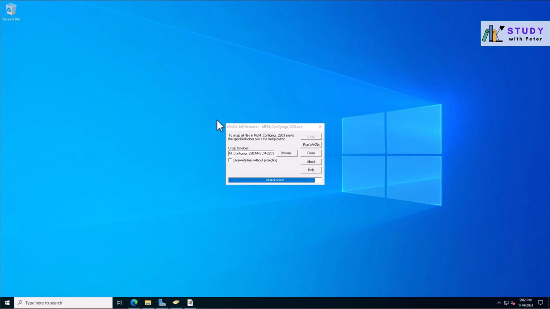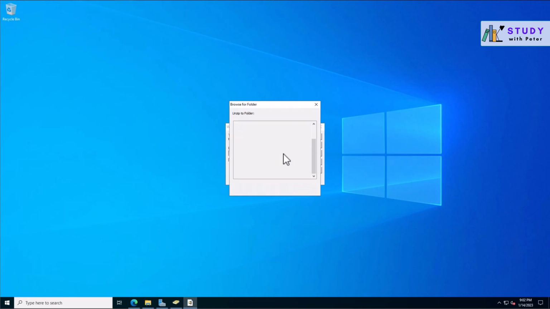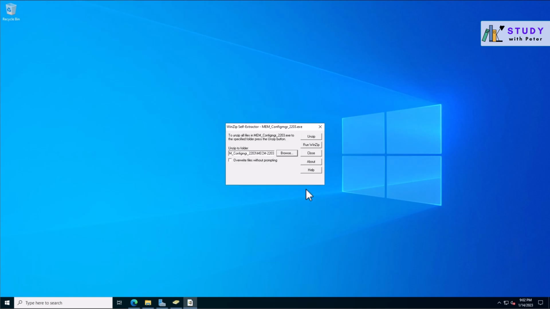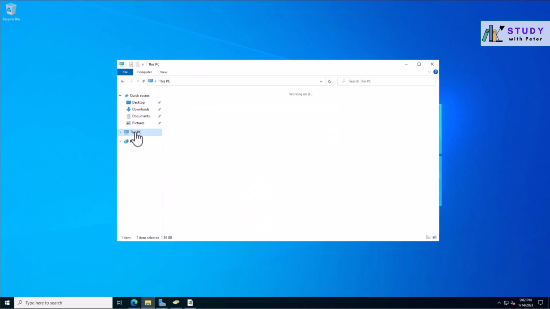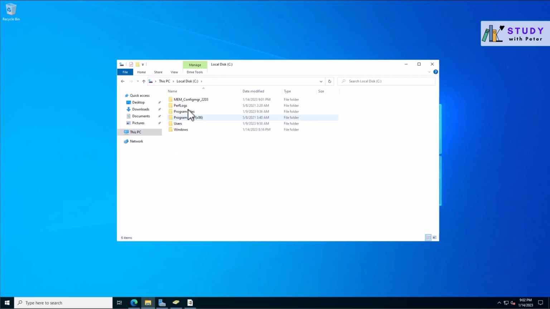So let me zip my tea right now. All right, it's done. So all we have to do is browse to the location where this is actually downloaded. So it's going to be on our C drive. So let's go to our C drive. Okay, there we go. So we want to open this